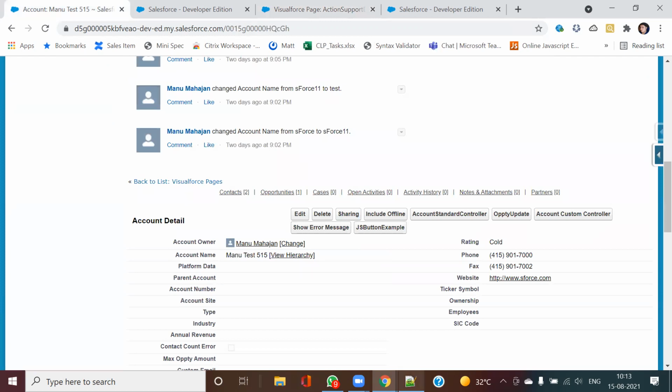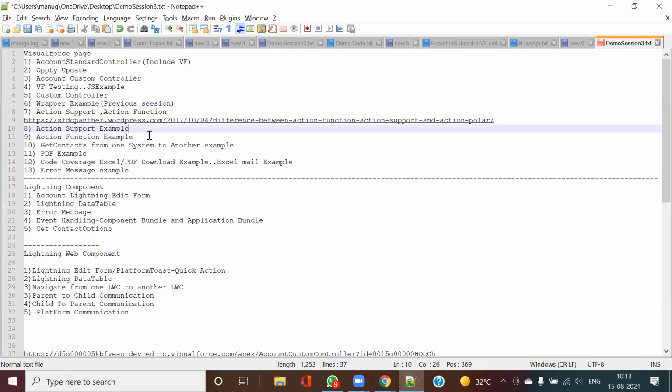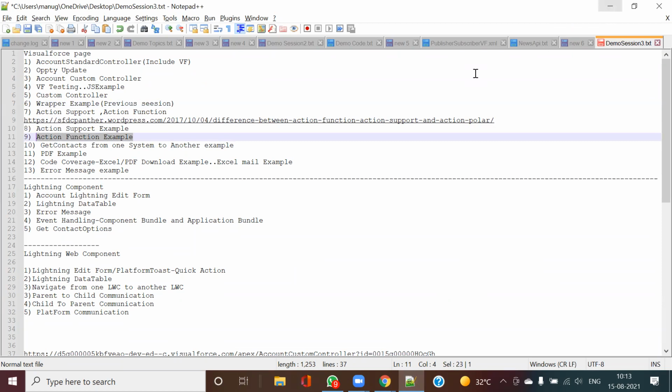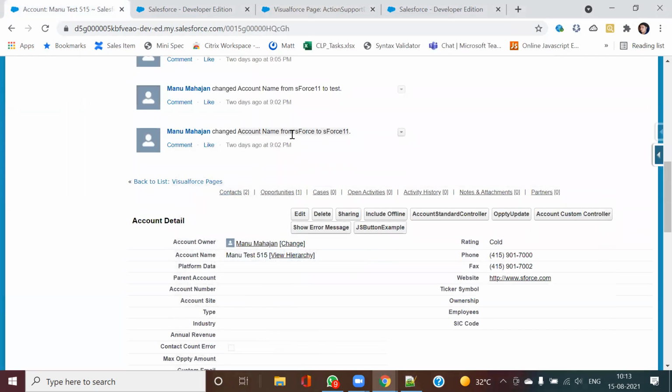So now let me go to the other example also. The second thing that I want to discuss with you is action function. So what is action function? Assume you click on some button. After clicking on that button, before my action gets called, you want to execute JavaScript for some logic.